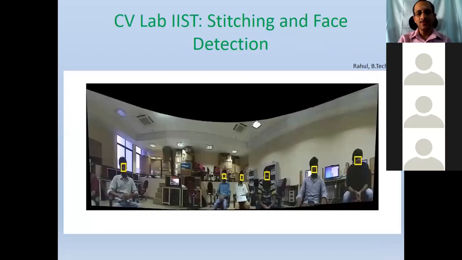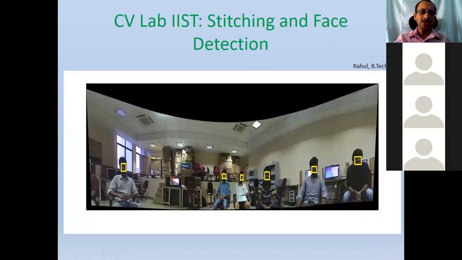And this is the application where the student has stitched images in a lab environment. For example, panoramic view creation, right? In your phones, it may be there. When you see a large field of view, you may not be able to capture the whole large field of view in a small video.